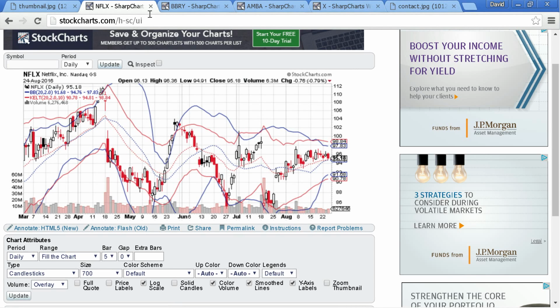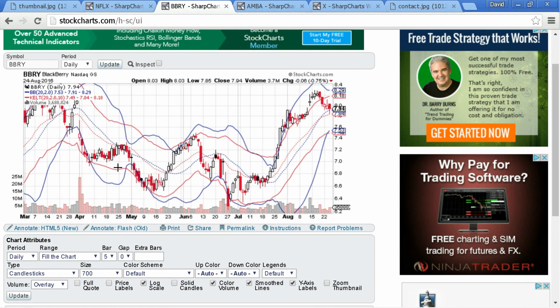If we look at some other examples, we've got BlackBerry here, and we can see the Bollinger Bands. It's hard to see here, but both of the Bollinger Bands are within the Keltner channels right here, and they had a nice move right after that happened. So if you had purchased a straddle or strangle here, for a short-term trade of a few days, you might have done pretty well. Again, this doesn't happen every single time, but you can see a pattern here.